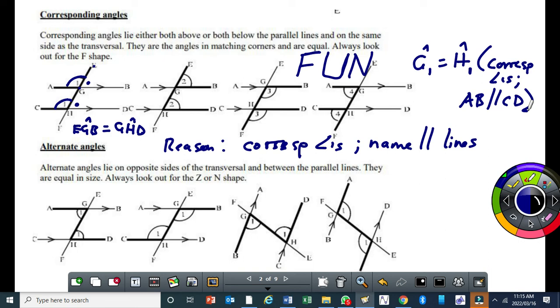Then we have what are called alternate angles. Alternate angles are also equal. So if you look at